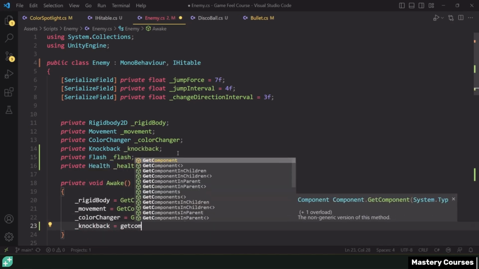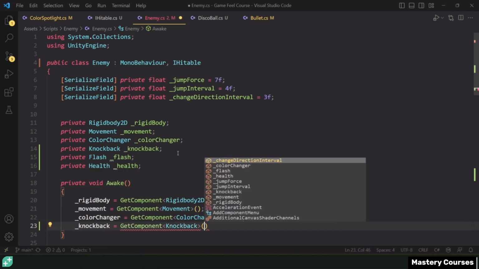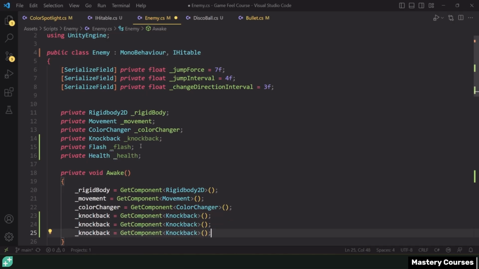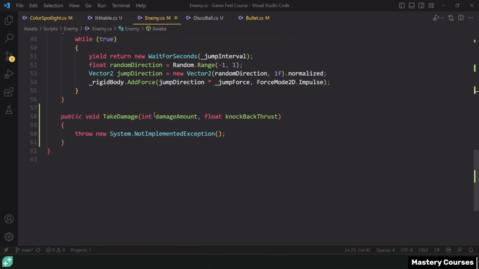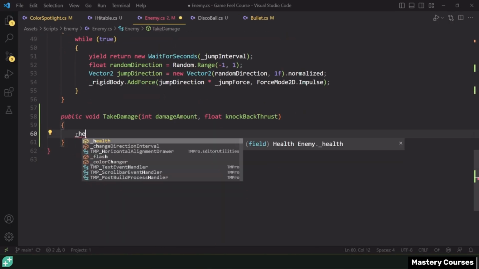So knockback, GetComponent, Knockback. And then let's see if I can just duplicate these two lines, and then we'll be nice and fancy with our copy paste. So grabbing our health component and just making sure all three of those references are grabbed in Awake as needed. So down here in our enemy TakeDamage, we just want to go into health and